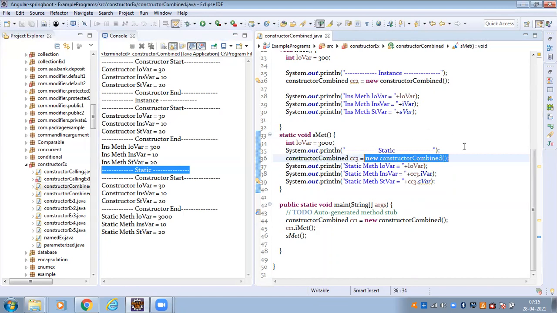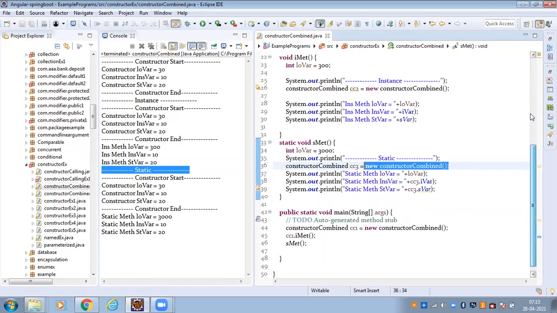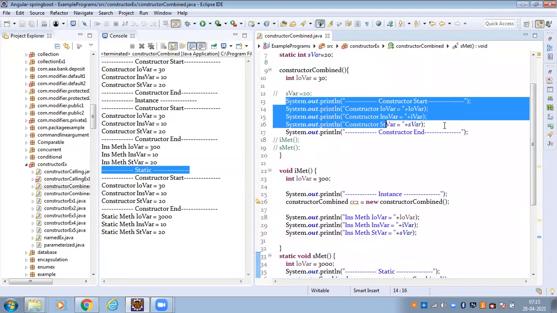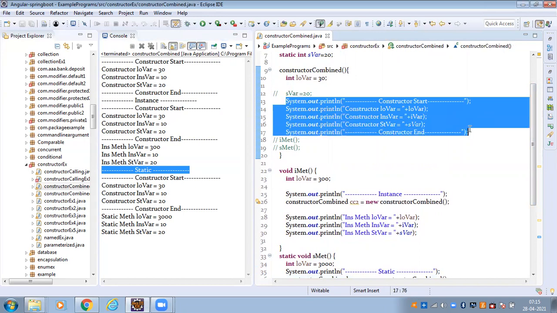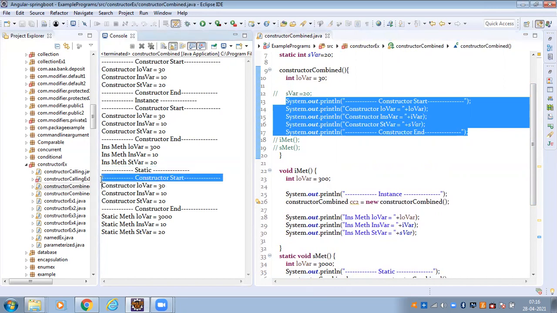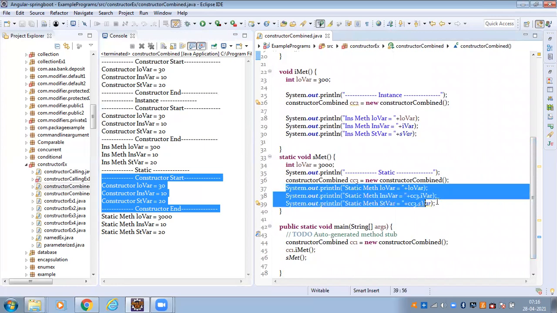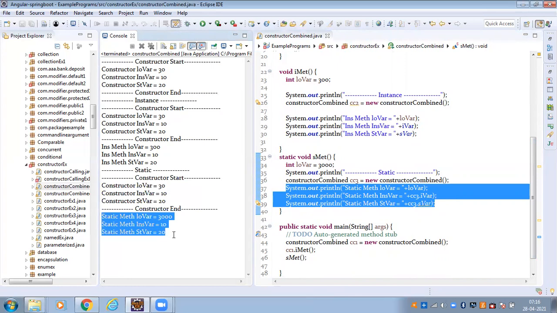During that object creation, the constructor is executed from constructor start to end. Here it's printed: constructor start, local variable, instance variable, static variable, and constructor end. After completing this, the static variable, local variable, instance variable, and static variable are printed here.